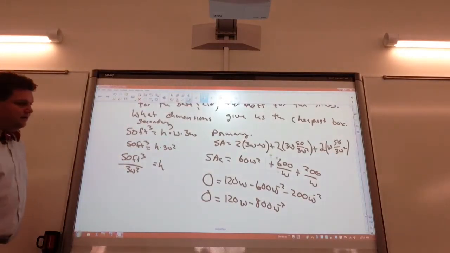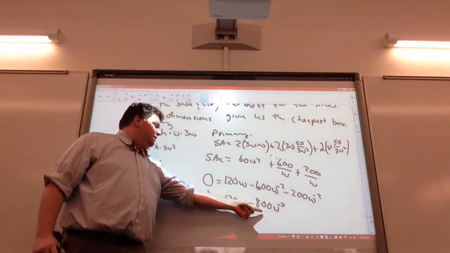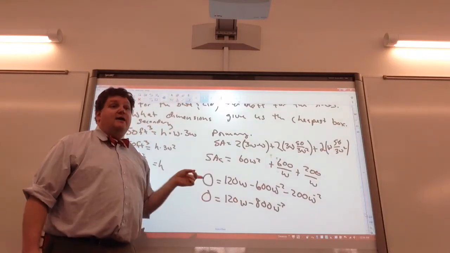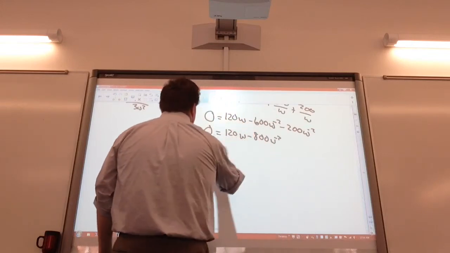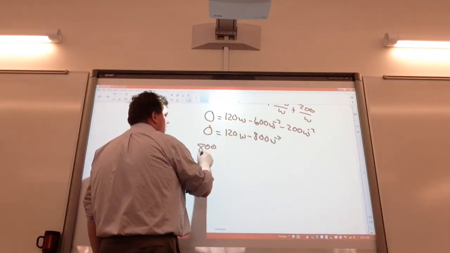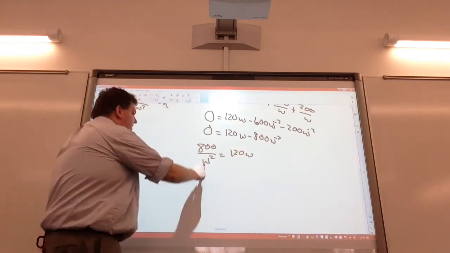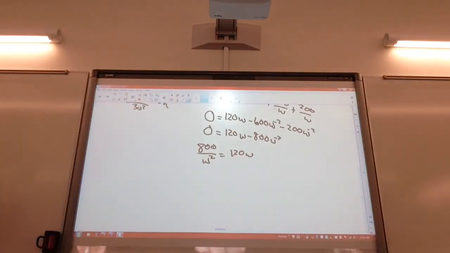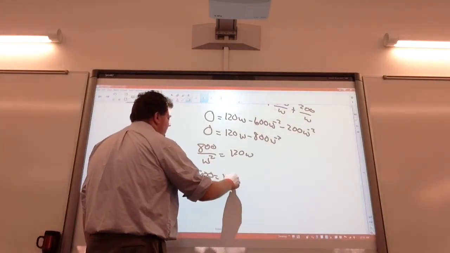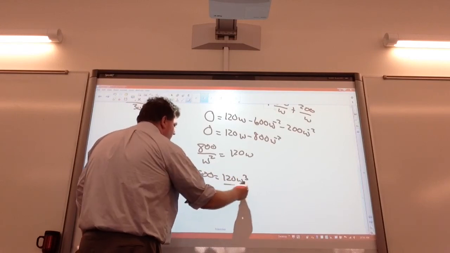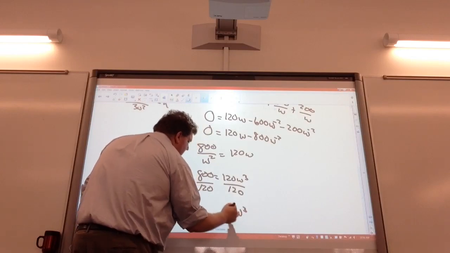Let's finish this out here. To make life easy, I'm going to move the negative 800 W to the negative second over here. And when I do that, I'm going to send the W back downstairs. So that's going to give me 800 over W squared is equal to 120W. How am I going to get rid of that W squared? Cross multiply. So 800 is equal to 120 W cubed. Divide both sides by 120 to get W cubed is equal to